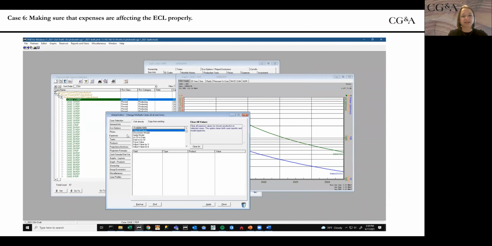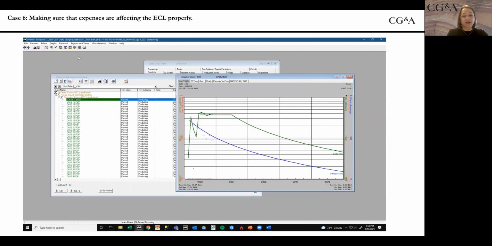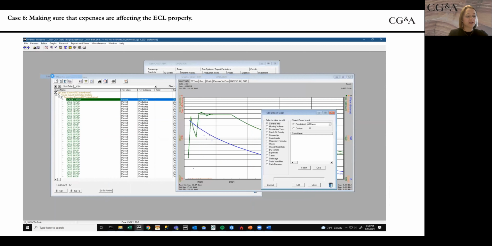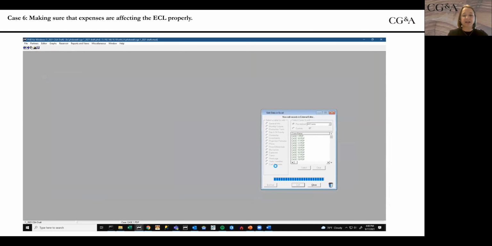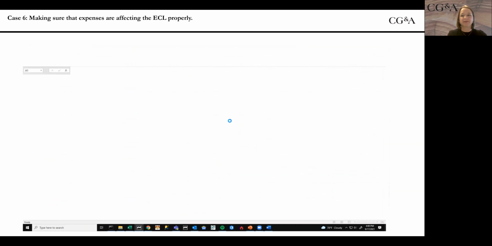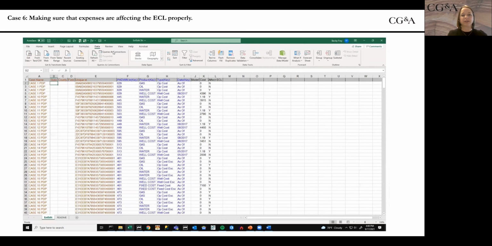I know that went really fast, but let's edit this globally, and let's change that to affect economic limit. You could easily do this here, but if you have tons of operating expenses, variable, fixed, well cost, it's much easier to do this in edit data in Excel. So we're going to do it over here, so I don't have to make sure I catch all the expenses. I'm just going to filter this